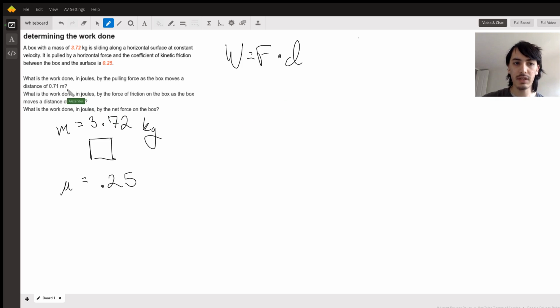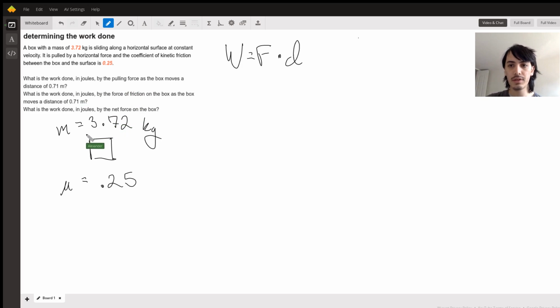We're given what the distance is in all of the questions about the work, and we'll need to find the force. And the forces that we specifically care about are the pulling force, the frictional force, and the net